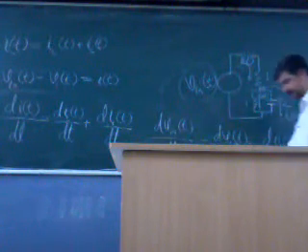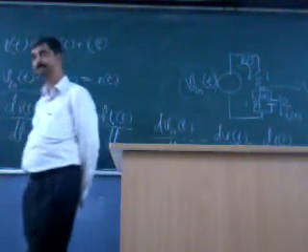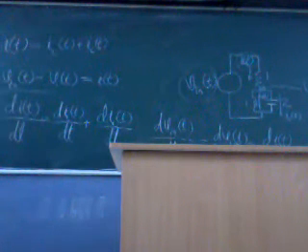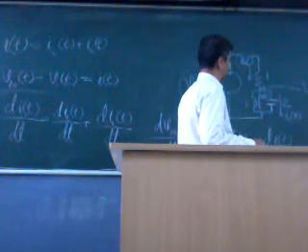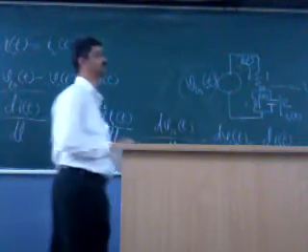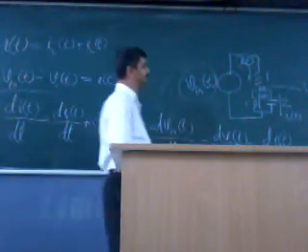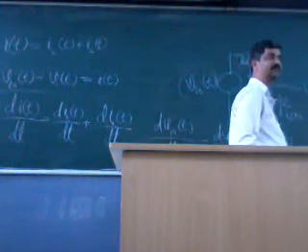So how can you proceed further? So dV1 by dt. What is V1(t)? For a capacitor, what would this be? I_C(t) is equal to C